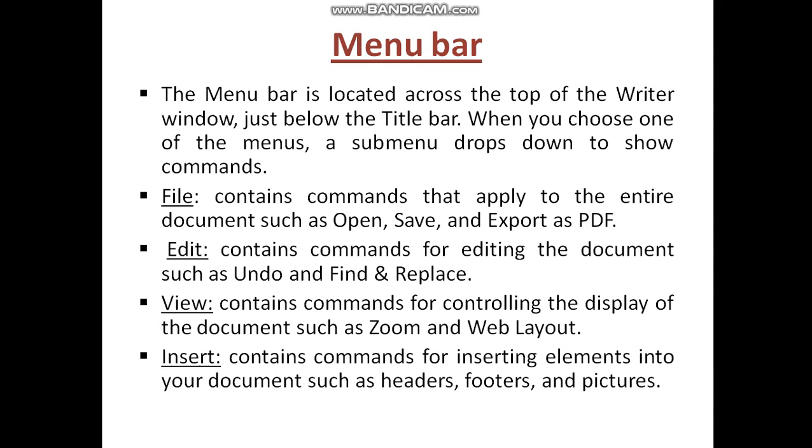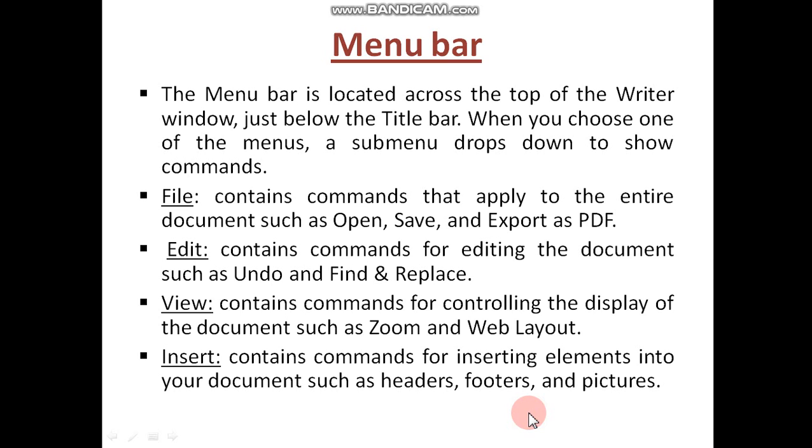It contains commands for editing the document, such as undo and find and replace. Third menu is the view menu, which contains commands for controlling the display of the document, such as zoom and web layout. Next is the insert menu, which contains commands for inserting elements into your document, such as headers, footers and pictures. We know about headers and footers.